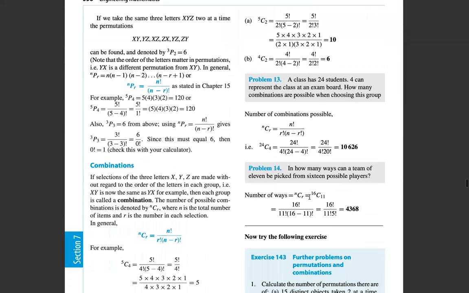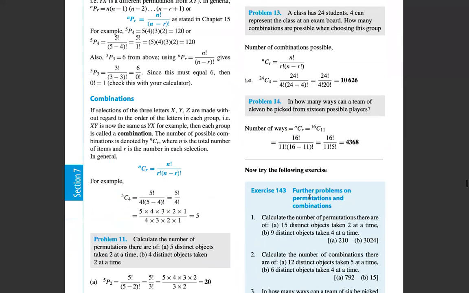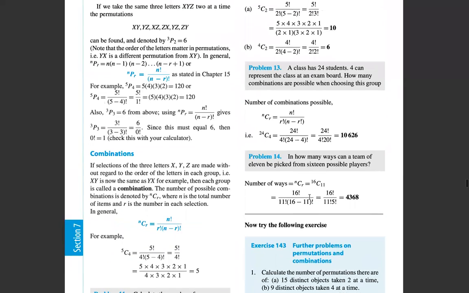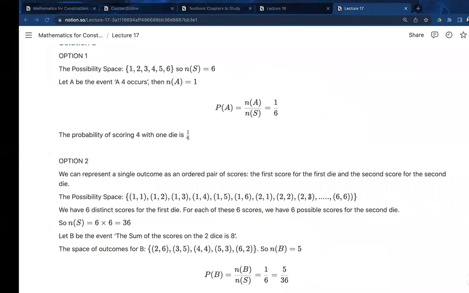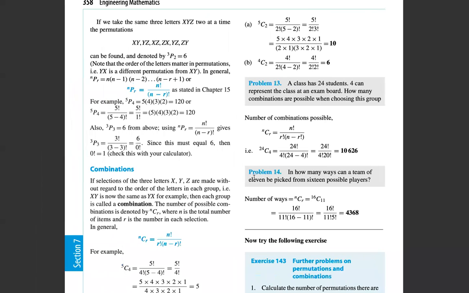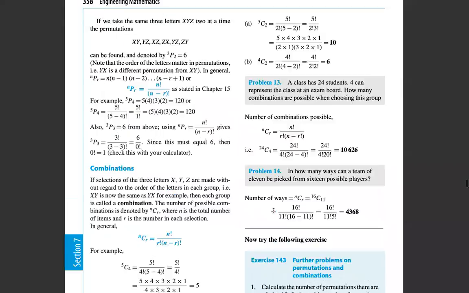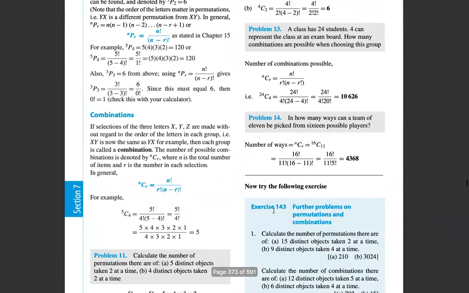So I want you all to read this for next class. Next class, we're going to talk a little bit about this. And this will help us to count the possible number of things happening so we could get the right denominator here, N of S, and maybe the right numerator as well. It is not always easy, these probability problems. Okay, so I want you to read this chapter, and for next class, we'll continue with perms and combs, permutations and combinations,